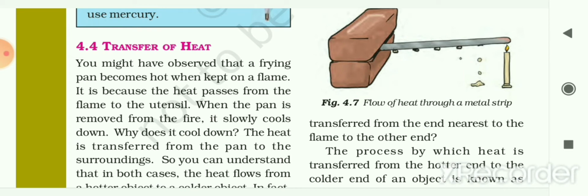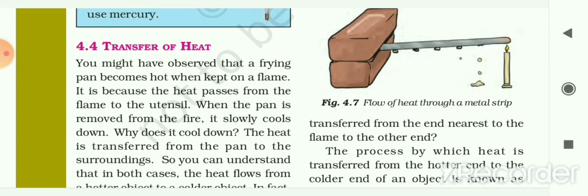thermometer. And the thermometer that measures our body temperature is called a clinical thermometer or doctor's thermometer. Then we had seen the temperature range for this thermometer, that a clinical thermometer can measure temperature from 35 degrees Celsius to 42 degrees Celsius. And in Fahrenheit, it can measure from 94 degrees Fahrenheit to 108 degrees Fahrenheit. Then we had seen that the normal temperature of the human body is 37 degrees Celsius, and in the Fahrenheit scale, it is 98.6 degrees Fahrenheit.